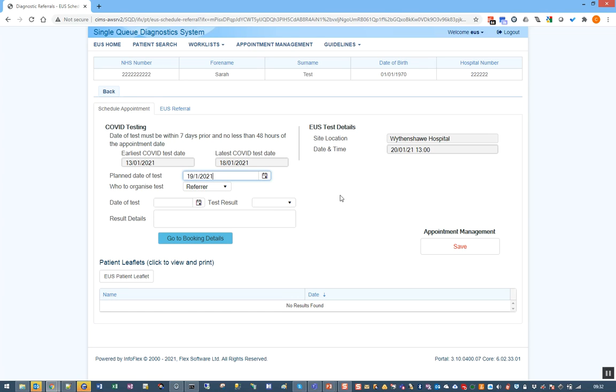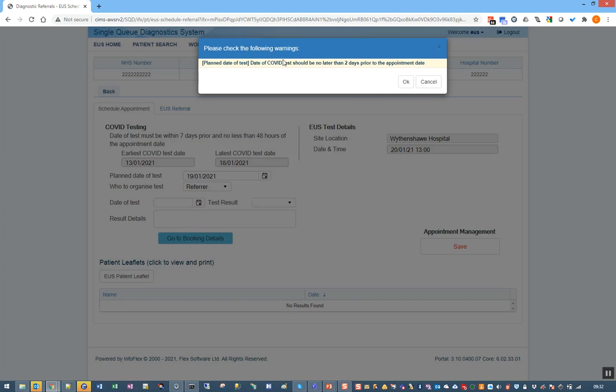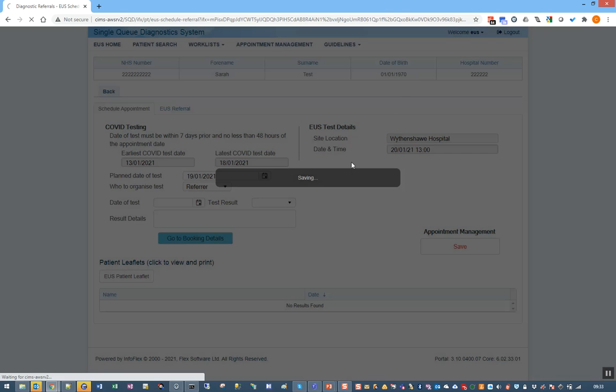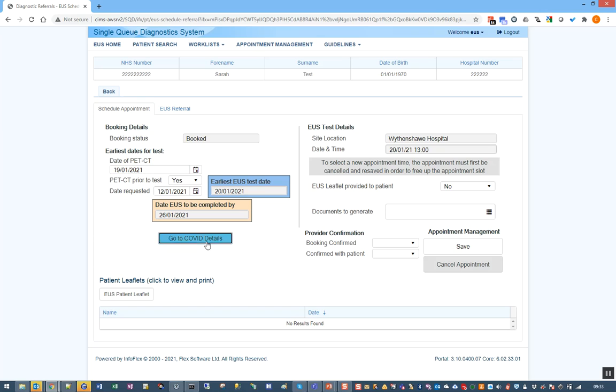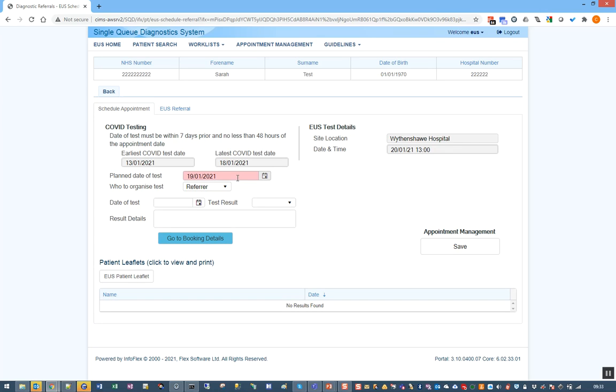Right, so let's say the planned date is too late. That should not let me. Yes, date of COVID test will be no later than 2 days prior. In fact, I think as the result of a requirement, it still lets you save it, but it's a warning. Oh, sorry, that's the planned date of test. No, right, okay. So then if we put the actual date of test in, that's the one that,